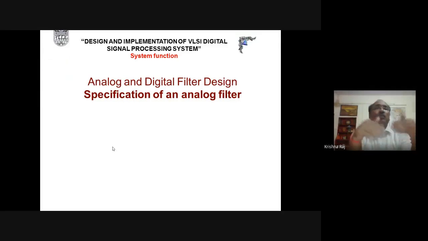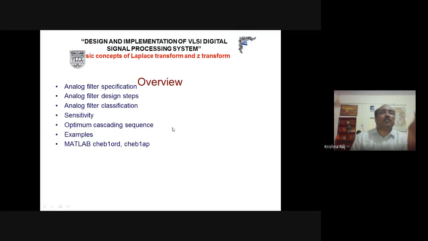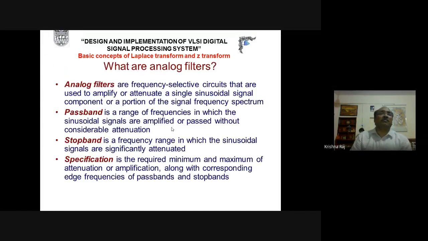continue. We are just going to continue from the specification of the filter, as we have discussed that any system rejects some ranges of the frequency and passes some ranges of the frequency. The system operates on the signal in order to get the desired information. That's why we can call it a filter here. And now we are going to describe what the filter specification or the system specification is.